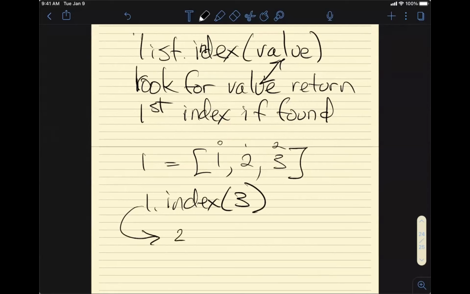Now that's the basic way of using index, but there's also a way of telling it where to start looking, so that if the list had multiple occurrences of the same value, you won't always find the index of the first value. Does that help? Yes, thank you. Okay, other questions?